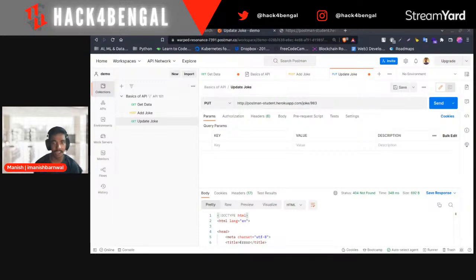Basically, patch is for updating partial data for a record while keeping the other data, whereas a put request is designed to completely override the existing data for a record. They have a very slight difference, but there is a difference. Today we are using put. Patch is just to change partial data slightly, but with put you can delete all data and update in full. In patch you can't. Okay, all right.